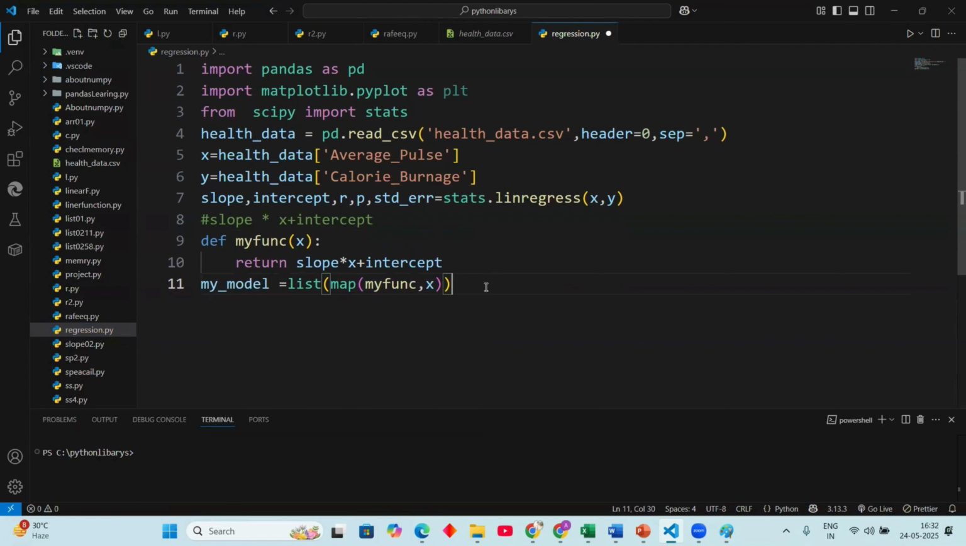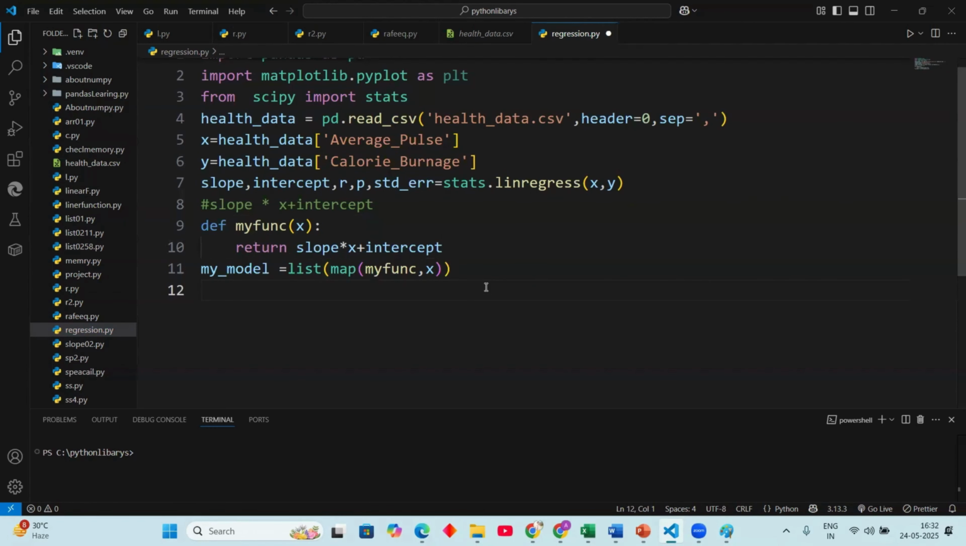Okay, now my model is considered. Now we want to arrange the scatters. After completing, we create a function, right? Here the function uses the slope and intercept values to return the new values. Okay, we consider it, and this new value represents